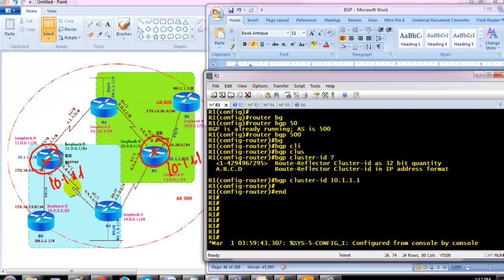Now if the same cluster ID is configured for another cluster, so the cluster ID is the same on both sides, from here the routes will go, but they will not get installed on the other cluster, because whenever any router sees its own cluster ID in that update, they will not exchange the routes. Which means when you are configuring clusters, you have to ensure that each and every cluster has a unique cluster ID. If that cluster ID is repeated, it's not going to install the routes.